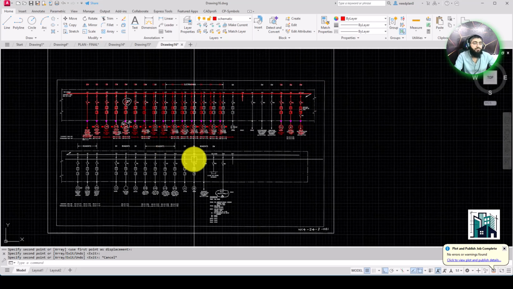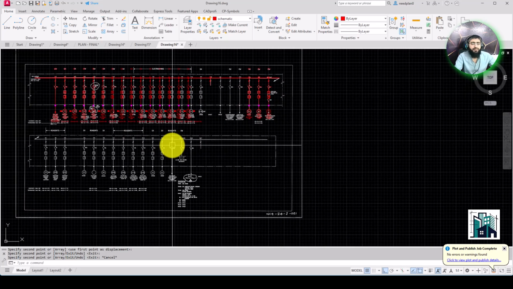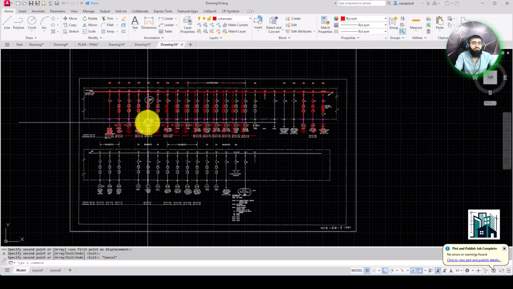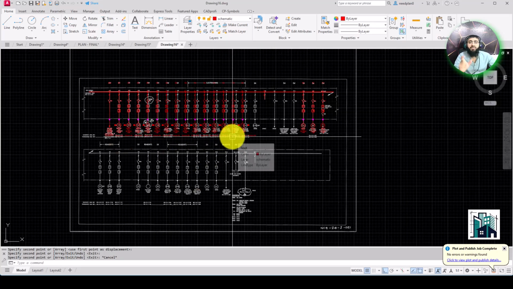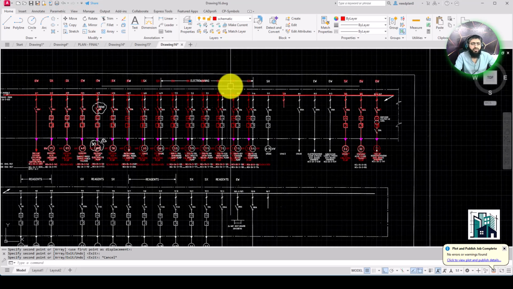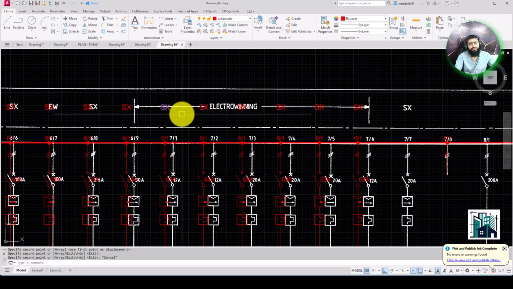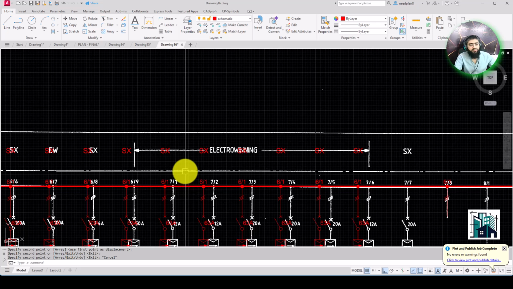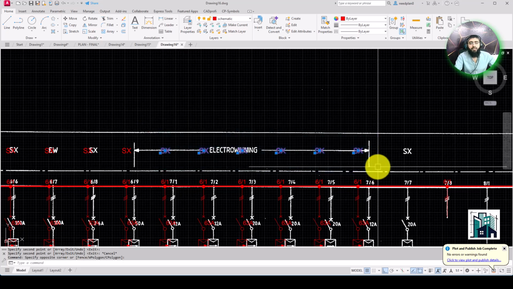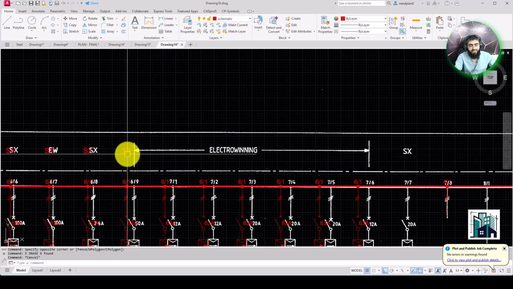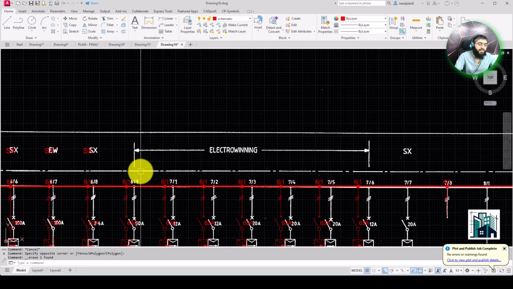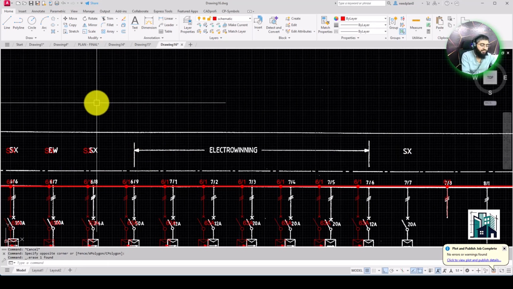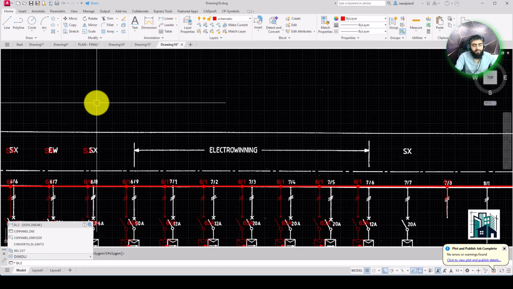Okay, so this is the schematic diagram. Now you can use these simple tricks to create this whole line. That is very simple, not a big deal. One more thing I want to tell you: if you want to create this, and then this one is the dimension. So how can you create this? You just have to enter DLI,